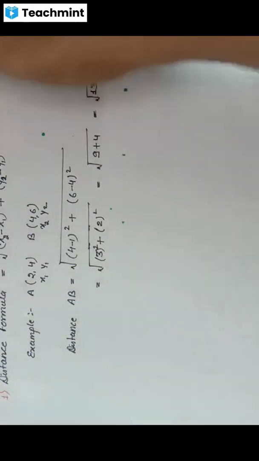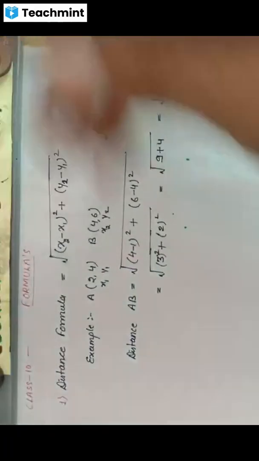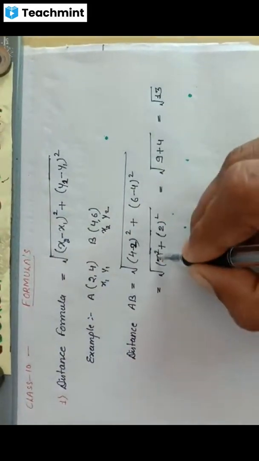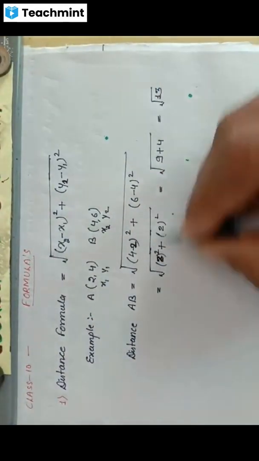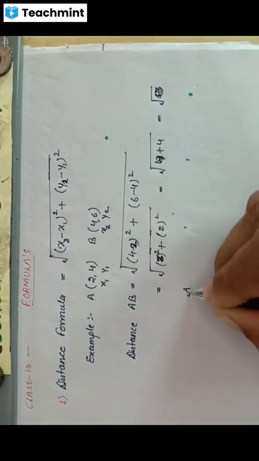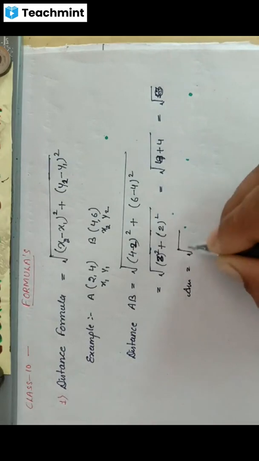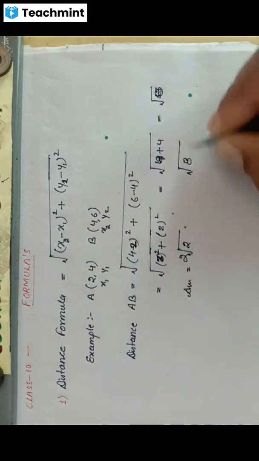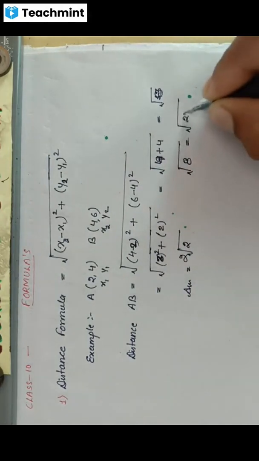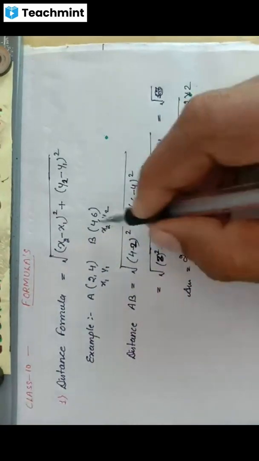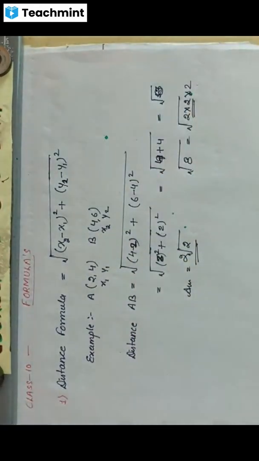Why 4 minus 2, beta? Okay, 4 minus 2. X1 is 2. 4 minus 2, then it will be 2. And your 2 times 2 is equal to 4, so it will be 8. Then your answer will be equal to root 8. Why? Because we can write 8 in the form 2 into 2 into 2. We can take one 2 out, so the answer will be 2 root 2. It is clear, beta? Okay.